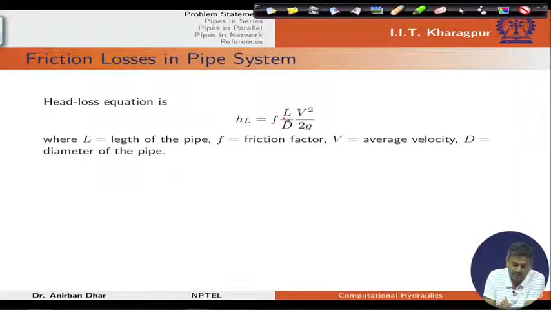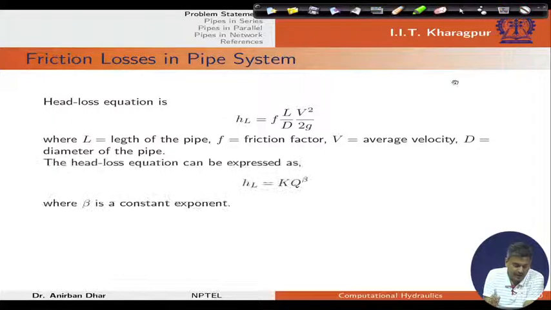Now with this L, length of the pipe, diameter of the pipe, this friction factor. So, these are related to the properties of the pipe directly. Now, if we write this head loss equation in simplified form, as we have used, this HL which is K into Q to the power beta, but remember that